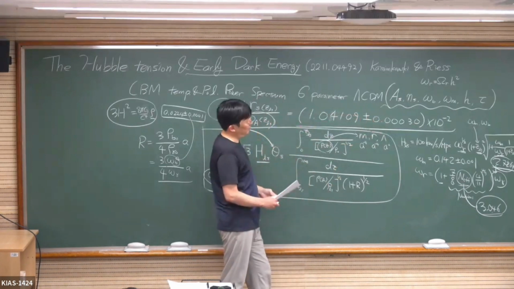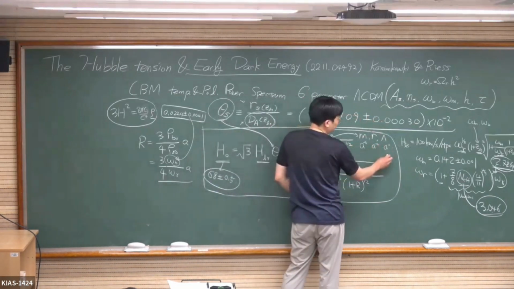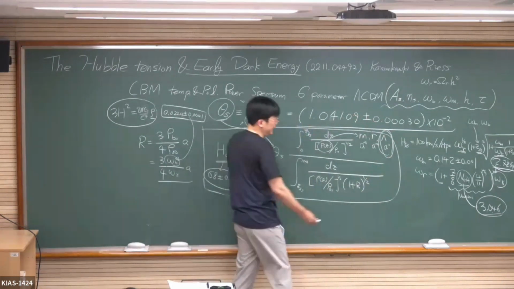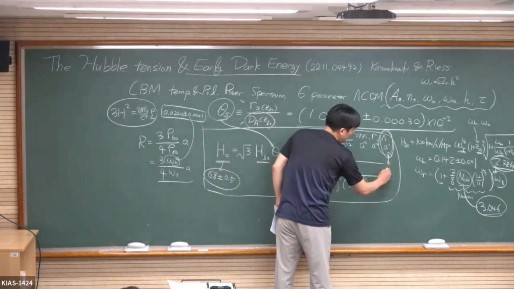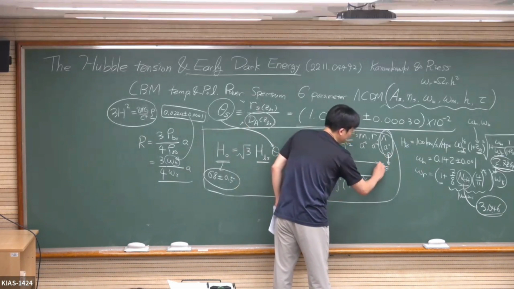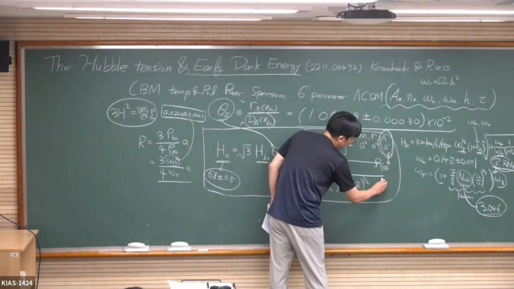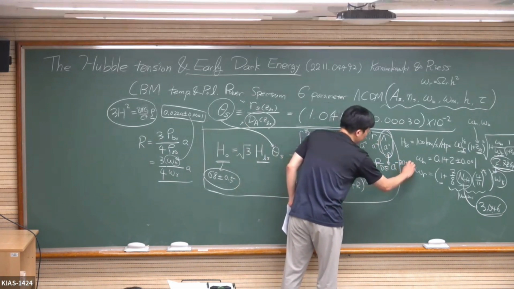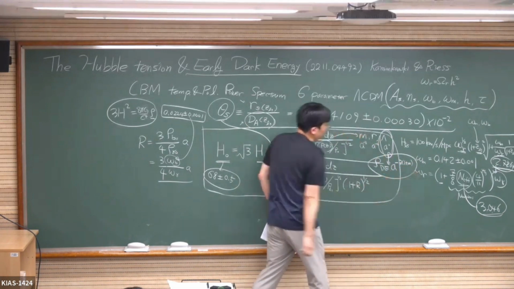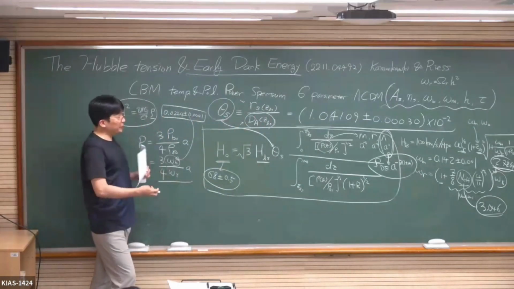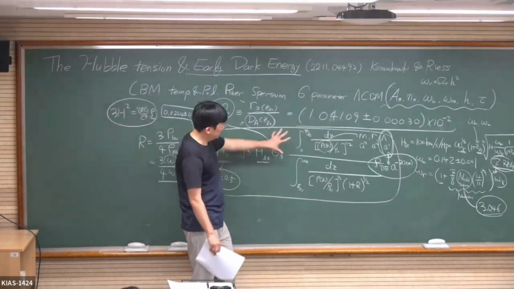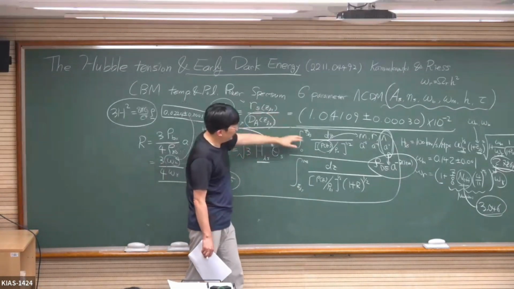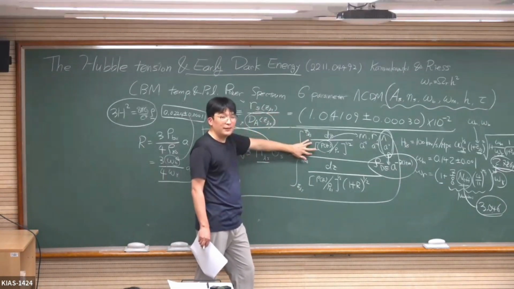But one thing that you can play with is lambda, because that's dark energy, which means that we don't know what it is. So instead, I can plug in rho DE instead of rho lambda, and then I can have the evolution of a to the minus 3(1 plus w). What we want to do is make this whole integral larger. How do we do it? We want to make the denominator smaller.